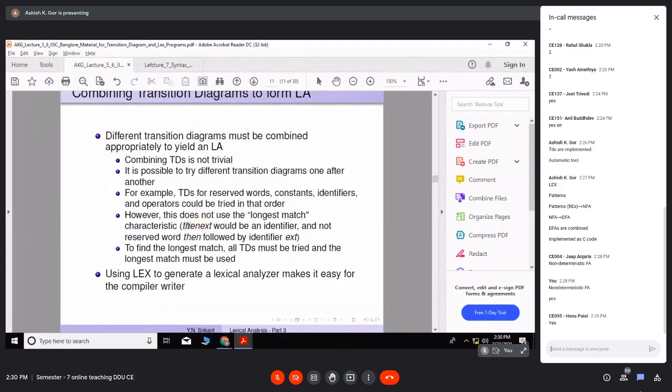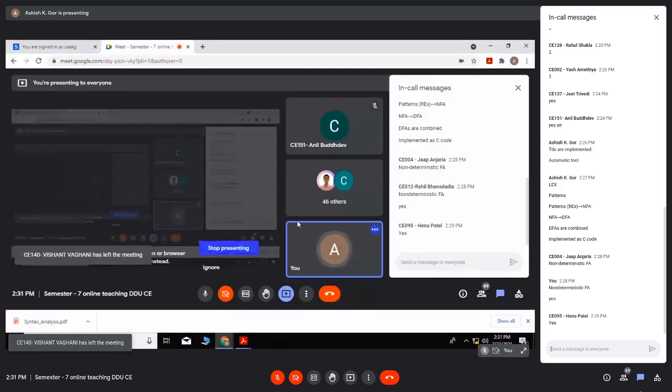If you take the entire thing directly, then 'thenext' would be an identifier, right? If you take it entirely, it is an identifier. But suppose there is a programming language where 'then' is a reserved word. 'Then' is a reserved word. So what will happen? 'Then next' normally is an identifier, right?